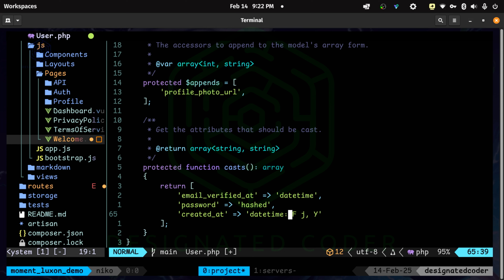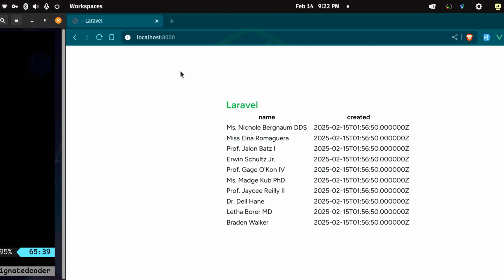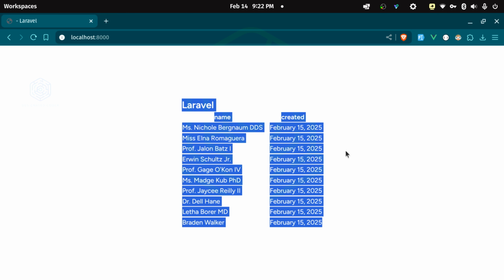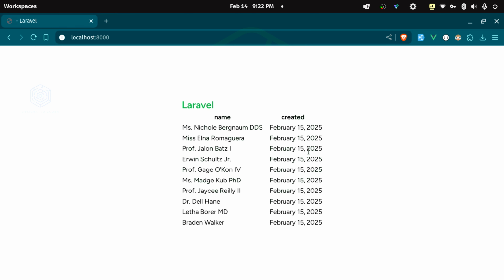So I just want to see really quickly what this is going to look like now. From here, we can go ahead, refresh the page. And as you can see, we have the month, the date, and the year. And this is the format that I wanted to use specifically. This is a typical US format for dates. You can shorten stuff and do all of that. But what you can do is look at the Carbon documentation to see exactly how you would want to format this in whatever way that you want to do. This is how I'm going to do it for this particular lesson.